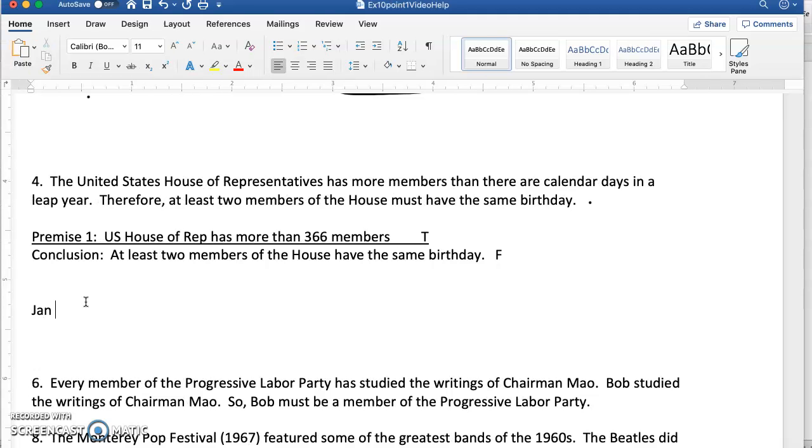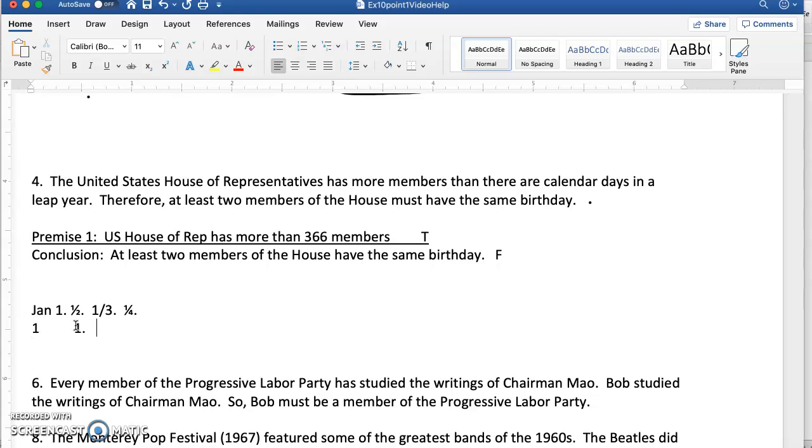So if we started at January 1st, the first member of the House has a birthday then. Then we go to January 2nd, January 3rd, January 4th, etc. So if we put a member of the House in each of these,